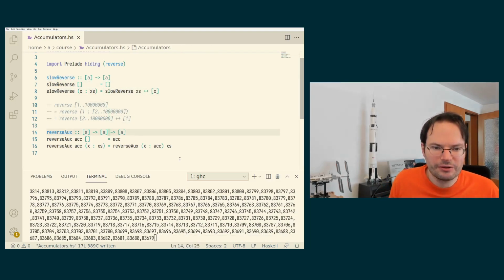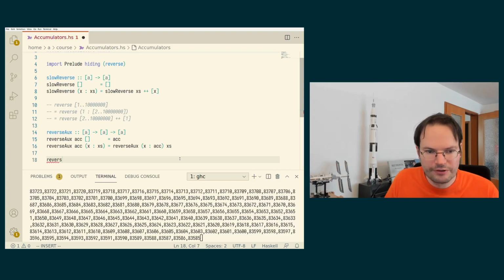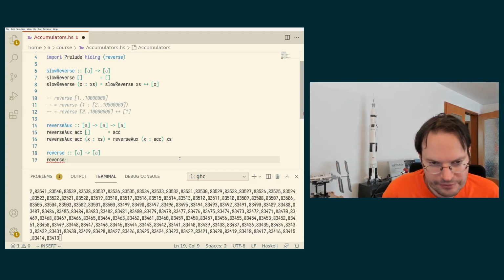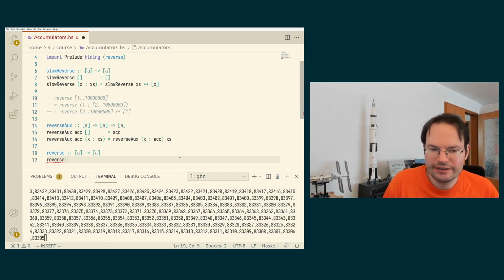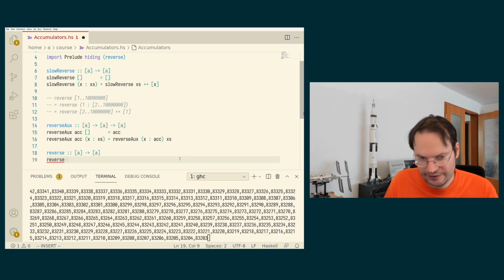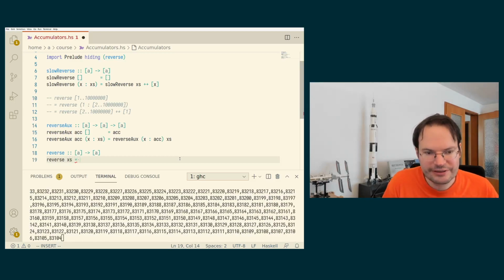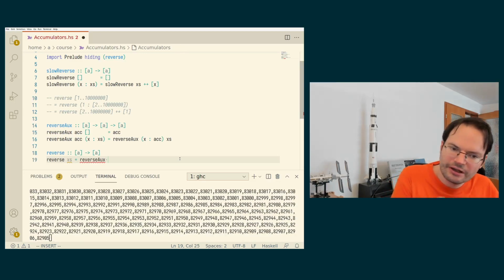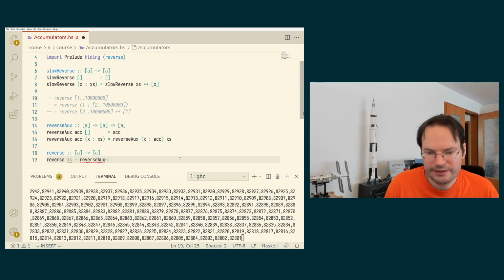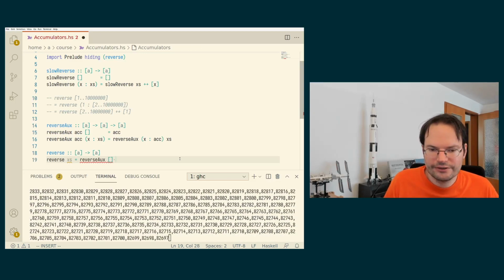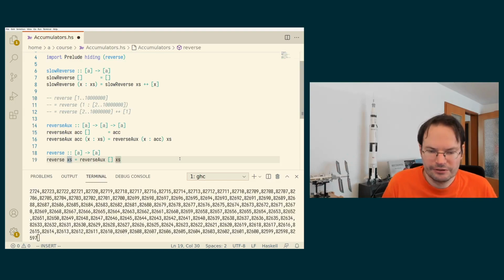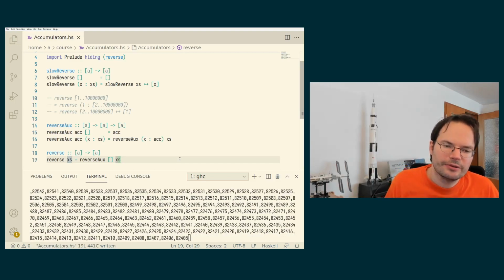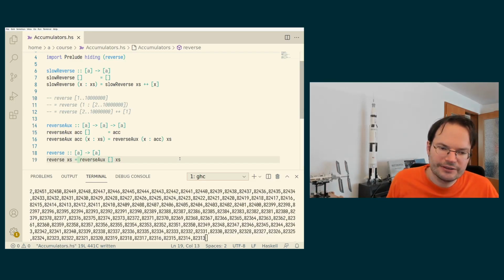So this is our slow reverse function. This is going to become our good reverse function. So how do we implement this one? Well, all we have to do is basically initialize the accumulator, right? If we want to reverse this pile of books XS, then we have to go into the situation of reverseAux, where we start out with an empty accumulator, and then we use the original pile as the second argument. And at this point, we can actually remove XS from the left-hand side and the right-hand side, so